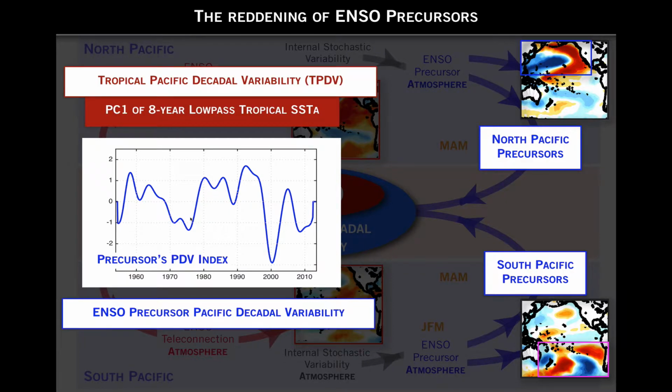Now we can compare this with the standard index of the low frequency variability in the tropics, which can be evaluated by taking the 8-year low pass sea surface temperature in the tropics and computing the first principal component, plus or minus 5 degrees of latitude from the equator. And if we do that, we find that this precursor decadal variability correlates very strongly, and explains a large fraction of this tropical Pacific decadal variability index, suggesting that indeed the phasing of this low frequency variability in the tropics may be connected for a large fraction to these extratropical stochastic forcings that get reddened through these dynamics of coupling between tropics and extratropics.